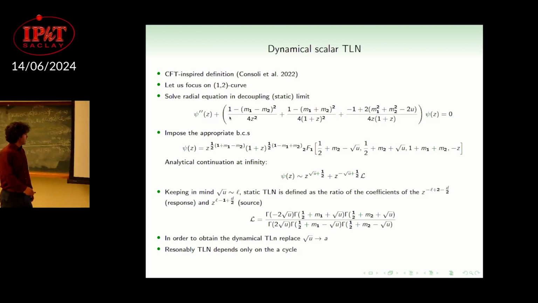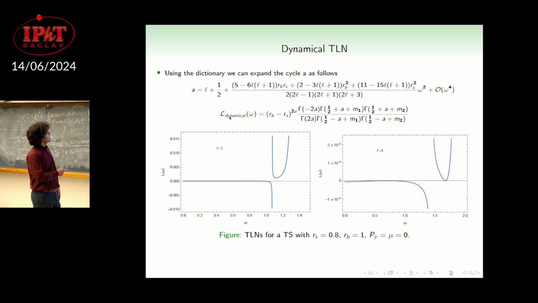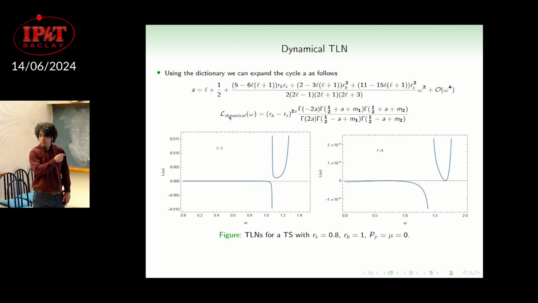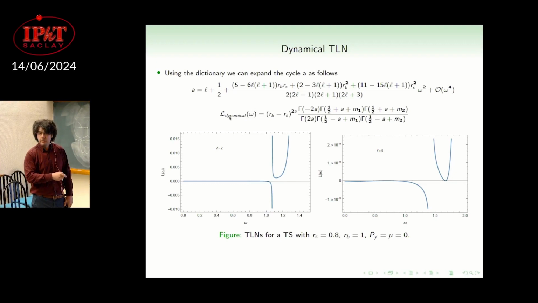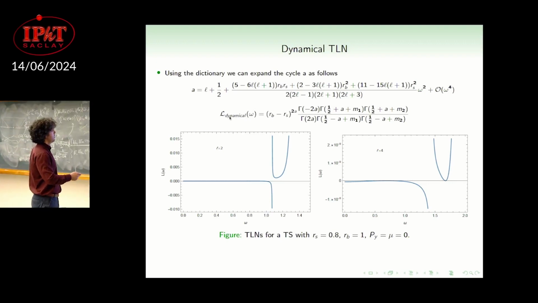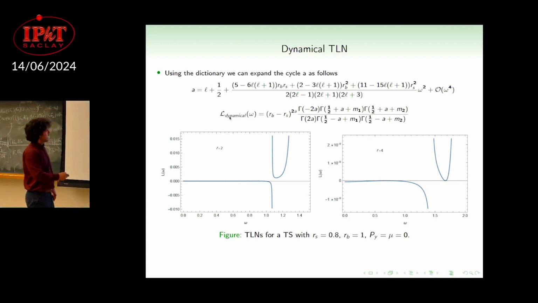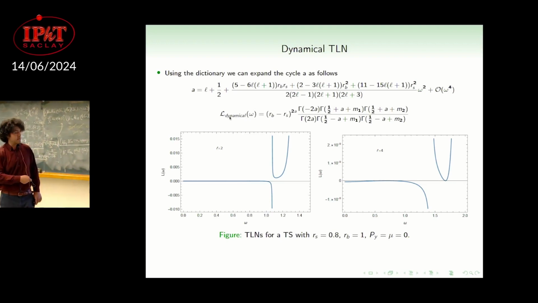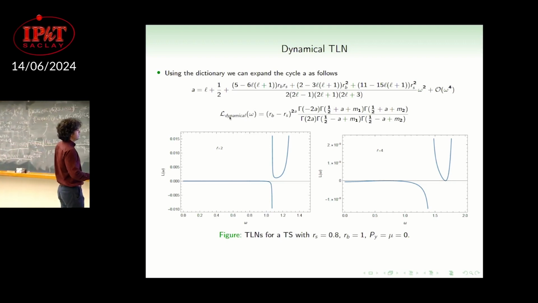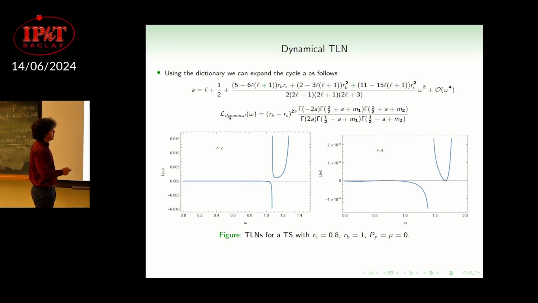For example, this is the A cycle for scalar perturbation of the topological star, where I plug in the dictionary that I showed before. This is an expansion in omega, but the coupling Q is always proportional to the frequency omega, so this is exactly the instantonic expansion. You plug this expansion inside the love function, and you obtain a plot in the frequency, and you can see immediately that there are some poles.